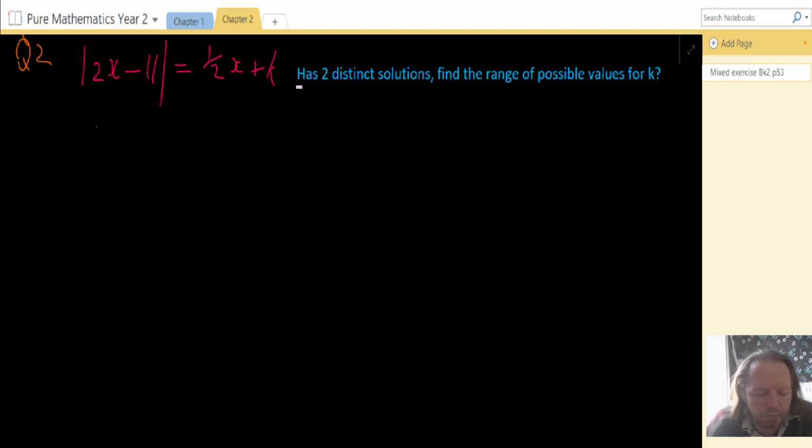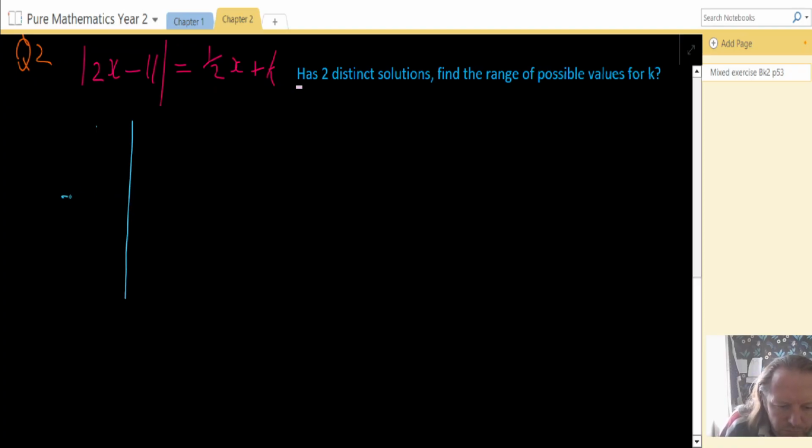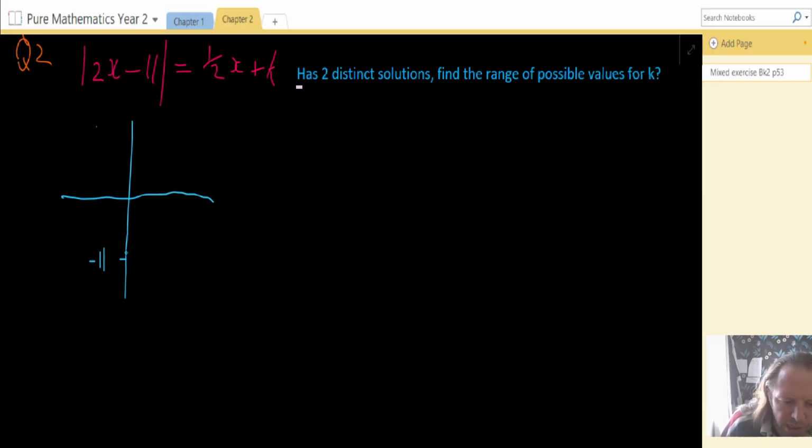Okay. Well, these are two relatively straightforward graphs, straight line graphs, obviously one with a modulus in it. But let's have a little look at what they look like before we begin. So, 2x minus 11, well, if minus 11 is down here, and 2x is coming up this way, it's going to look something like that. But because it's modulus, it's not actually going to come there. It's going to bounce on the x-axis and come up here. So the graph that you are left with is this